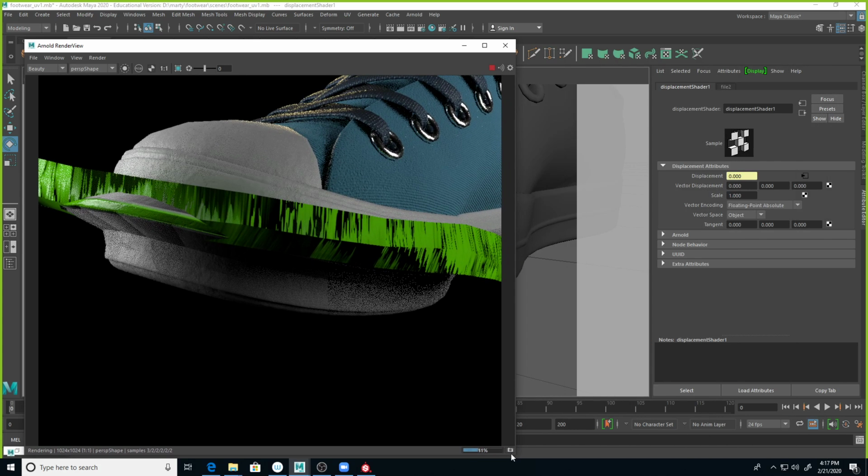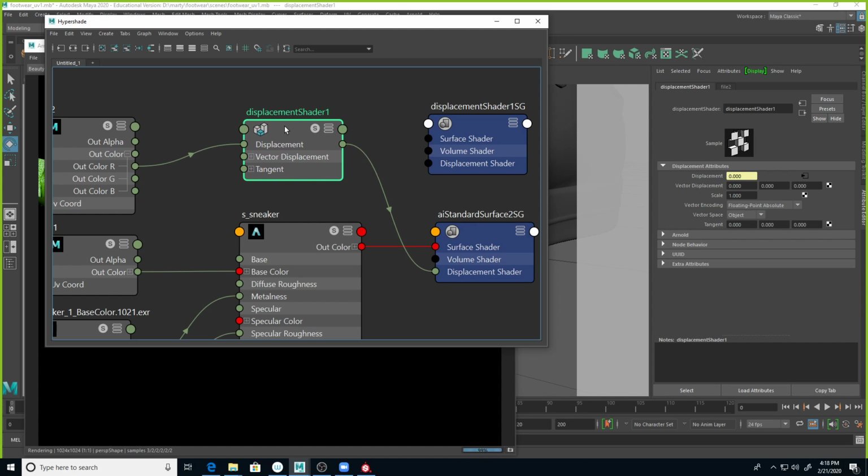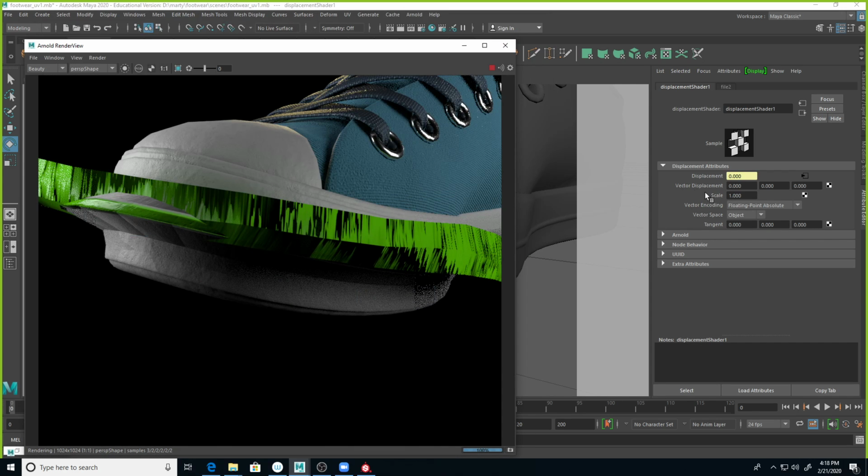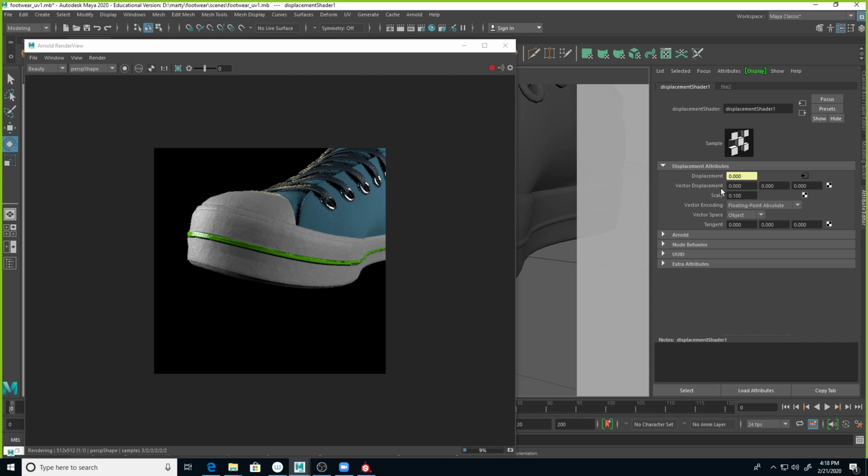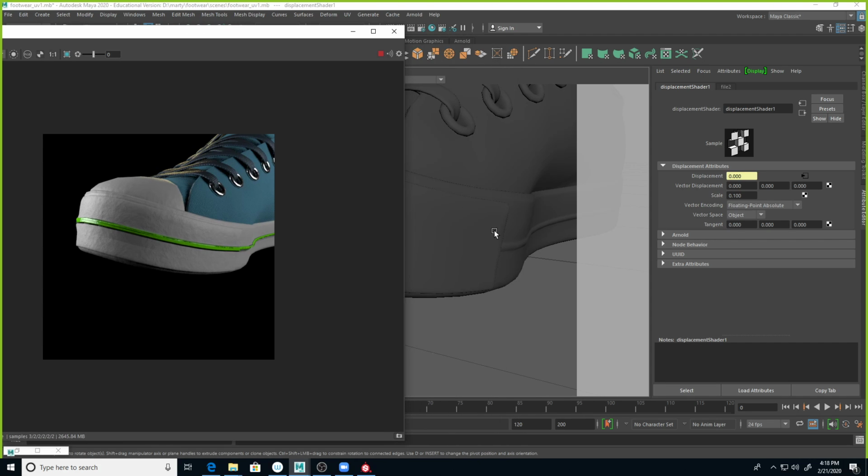So there's two things that are happening. One is the scale is always a bit of a guess, as far as I can tell, between Painter and Maya. The displacement node, this thing right here, has a scale number. And we can turn it down. Almost always I just start with 0.1. This is where it's usually closest, which in this case is pretty close. So that's the first thing. Almost always it's set to gigantic. And the second is that normally there's not enough